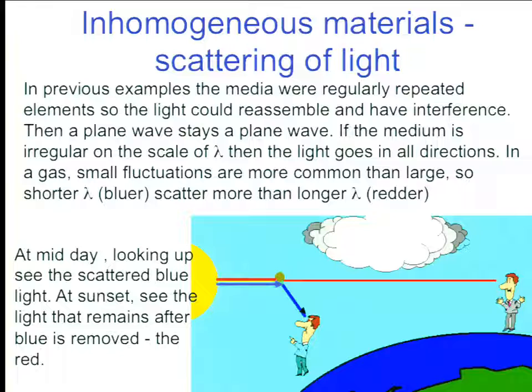Look, air is a gas. The molecules are flying around. Sometimes they're a little more packed, sometimes they're a little less packed. But it's easier to make a small fluctuation than a big fluctuation, right? So small fluctuations happen more often, so small wavelengths are scattered more. That's why, for example, if you stand here in the middle of the day, you'll see blue light coming down. So the sky looks blue. But if you go at the end of the day, all the blue light has been scattered out, and the sunset looks red. So that explains the red sunsets. And if you fly in a